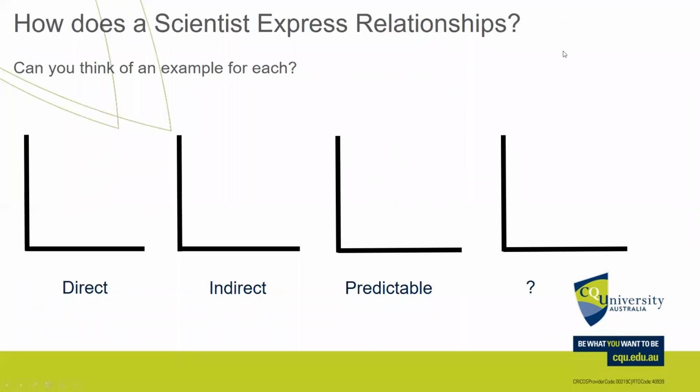A couple of questions for you guys. How does a scientist express relationships? Well, here's where science crosses with maths. We're getting a little bit STEMmy here. And last week we looked at toilet paper rolled out across an oval as a way of measuring stellar distances. Here we've got, for instance, a couple of different graphs. And this first graph represents what we call a direct relationship. There it is, it stopped. Our second one is an indirect relationship. Our third one is a predictable relationship. And our fourth one,